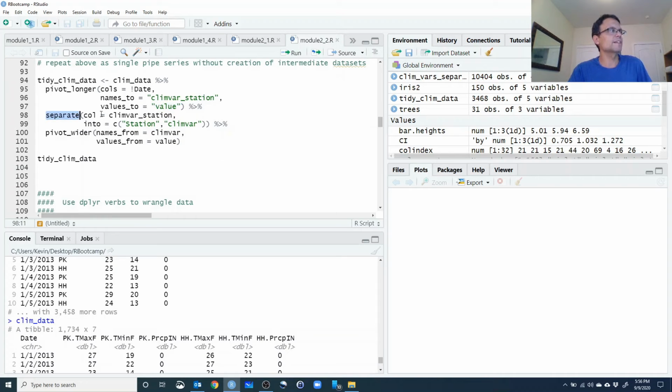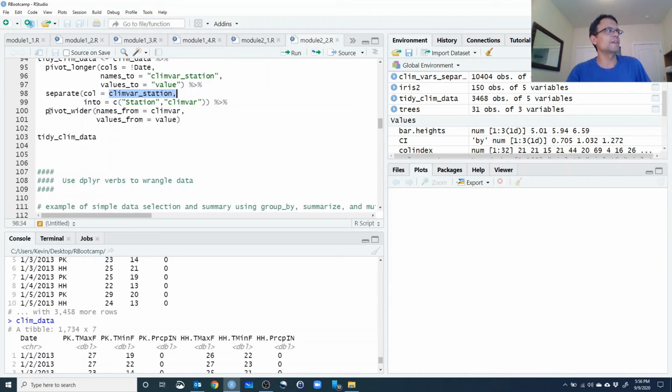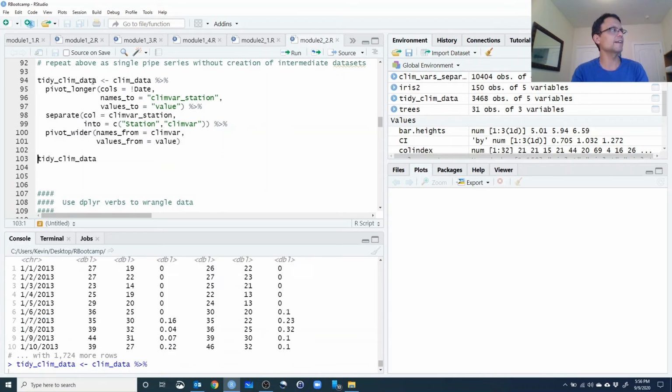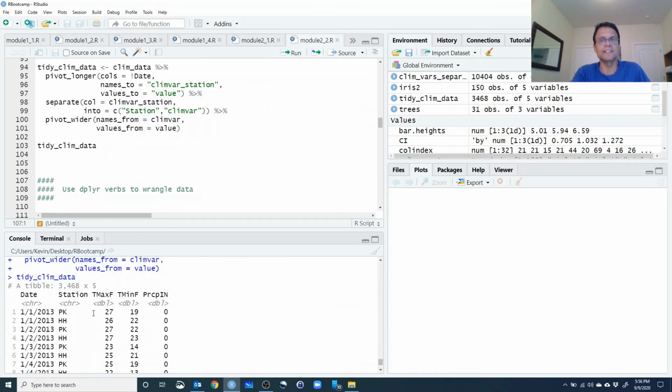Then we're going to separate the climb_var station column into 2 columns representing station and climate variable, and then we'll pivot wider so that we finally get to the tidy state. And we can do that all in one command using the pipe operator. So take the climate data, apply pivot longer, then apply the result of that to the separate function, and then take the results of that and apply the pivot wider function, and then you have this thing called tidy climb data. So let's run that,